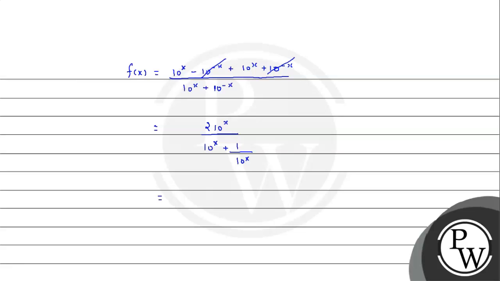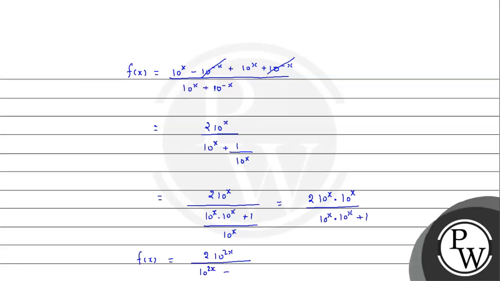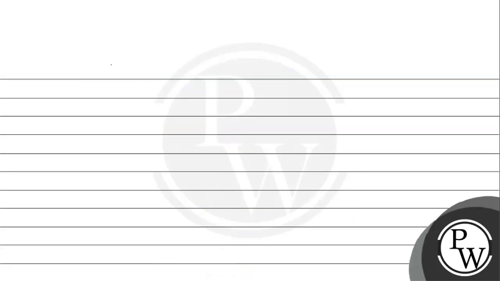तो ये हो जाएगा equals to, अब हम यहाँ पर इसको LCM लेते हैं तो ये हो जाएगा 2 into 10^x upon 10^x into 10^x plus 1 upon 10^x, और ये 10^x ऊपर चला जाएगा, तो ये हो जाएगा 2·10^x into 10^x upon 10^x into 10^x plus 1। अब 10^x into 10^x क्या हो जाएगा, 10^(2x)। तो यहाँ से f(x) equals to 2·10^(2x) upon 10^(2x) plus 1। अब हम करते क्या है, f(x) की जगह पे y ले लेते हैं।